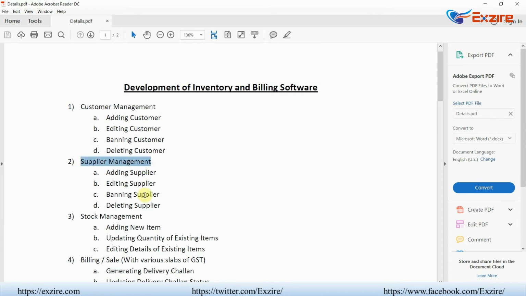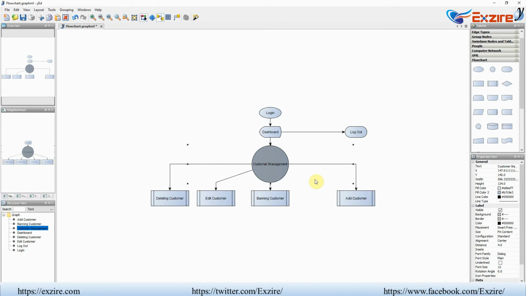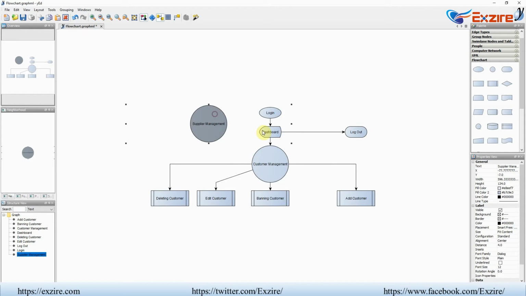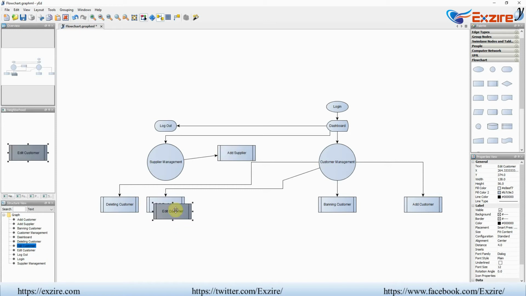So second will be supplier management. So I'll first copy and paste this, so that we don't have to do everything again and again. We'll connect supplier from here. Again we'll try to rearrange, and it will again place some things as per his own mood. So then we have adding customers, Control C, Control V. So we'll put here add supplier, goes into supplier management, Control C, V. If we go here,